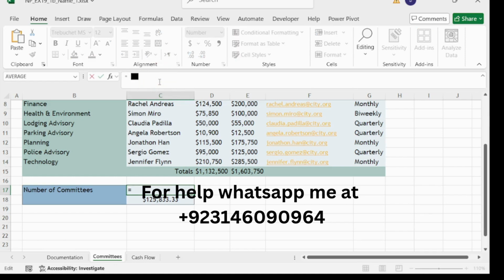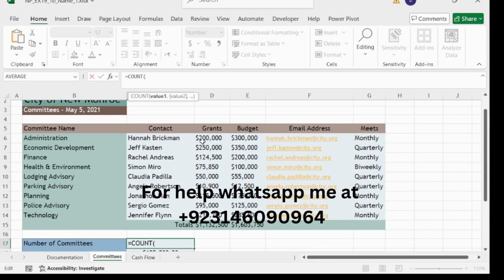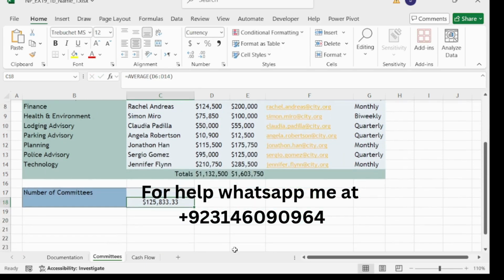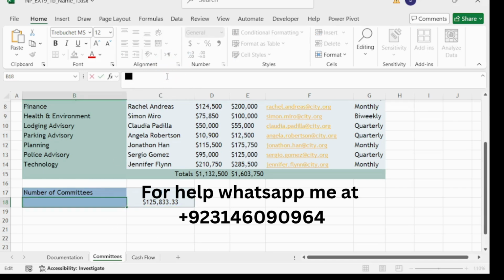So type equals COUNT, double click on it, select the range D6 to D14, close the bracket and press Enter. We have completed our step number 10, and our step number 11 is in cell B18. Enter Average Grant.